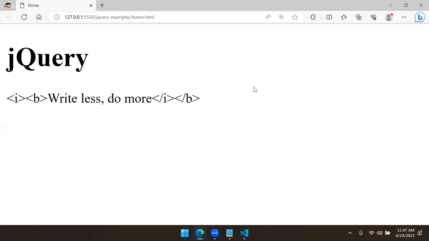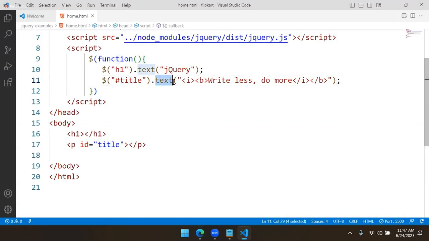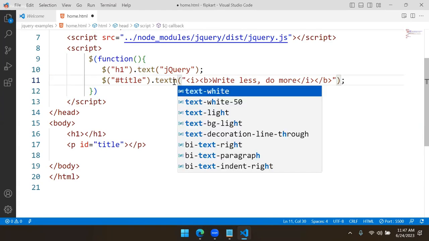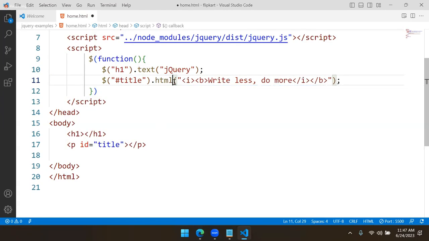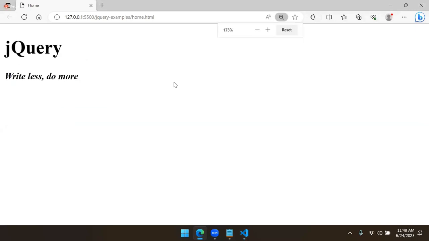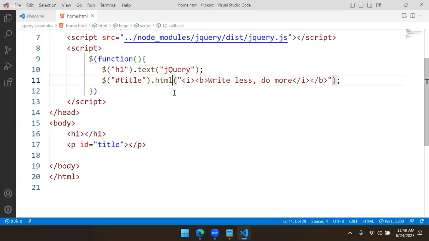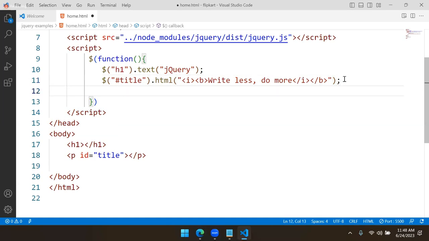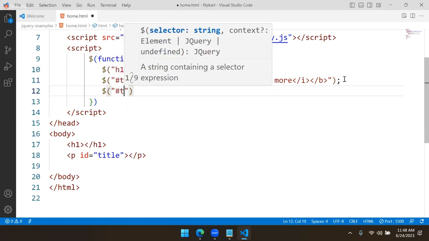Then you can see it is not taking. For that, what we have to do? We have to use not text, but HTML. It is like inner HTML. Suppose you see, I am using one important point. See, dollar hash title